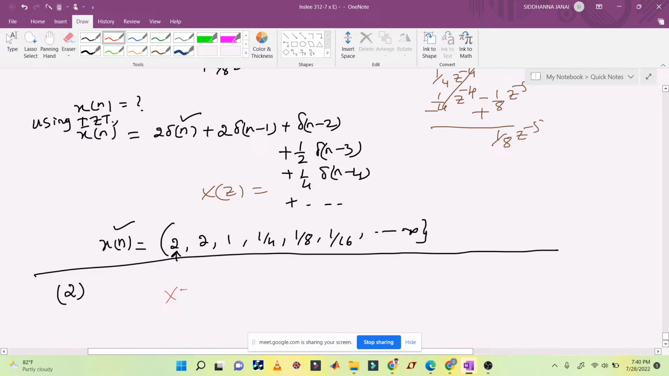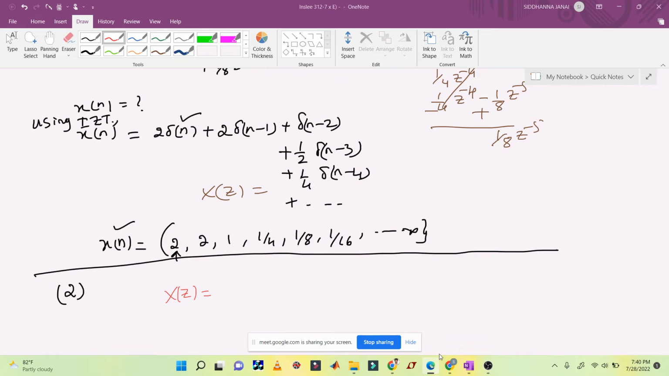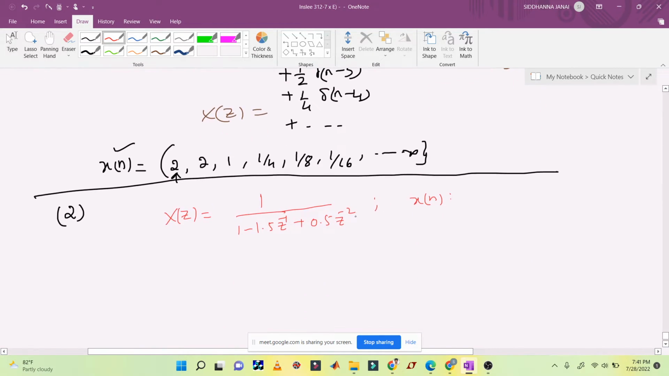X of z, that is capital X of z, is equal to 1 divided by 1 minus 1.5 z inverse plus 0.5 z inverse square. So this is x of z given. For this, we need to find out what is x of n for three conditions. The three conditions are